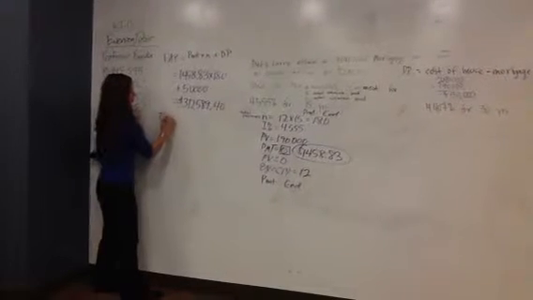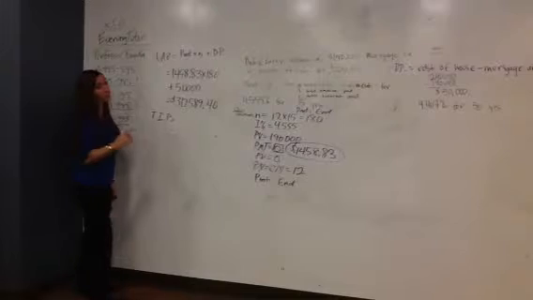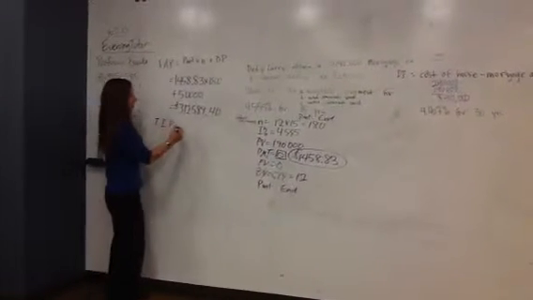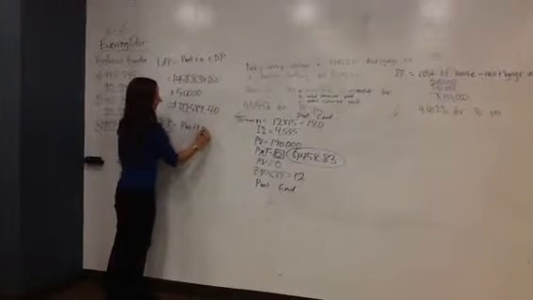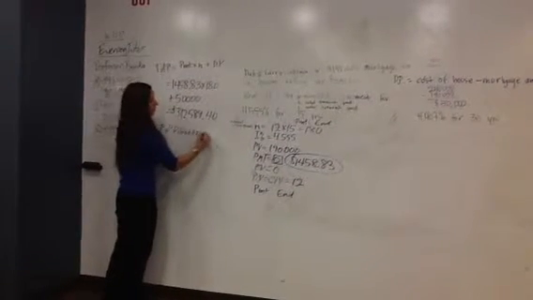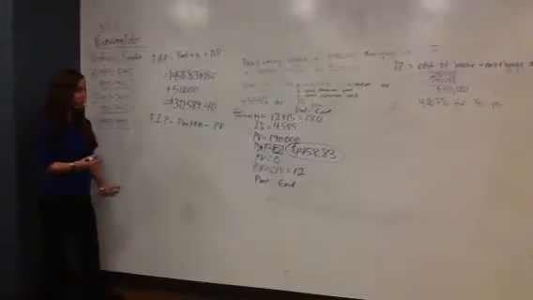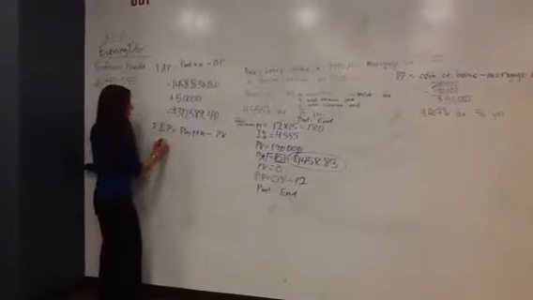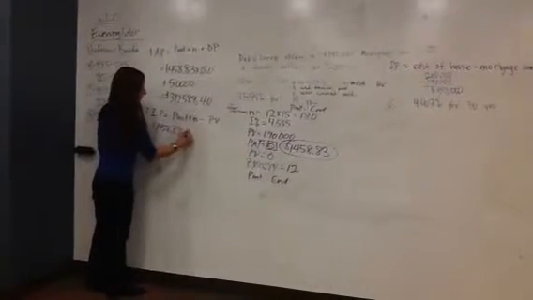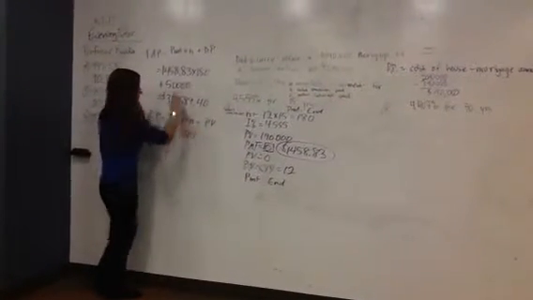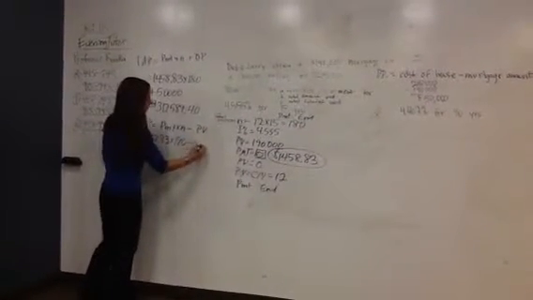So to find the total interest paid, you take, this is how the book shows it, so this is how I'm showing it in this video. You would take the payment times N, total payments, minus the PV, the amount that you borrowed from the bank, the amount of the loan. So that would be $1,458.83 times 180, just like in the previous problem. And then you subtract the amount financed of